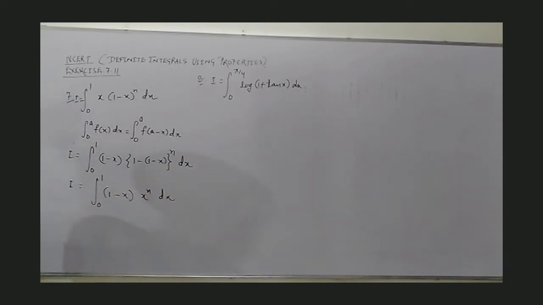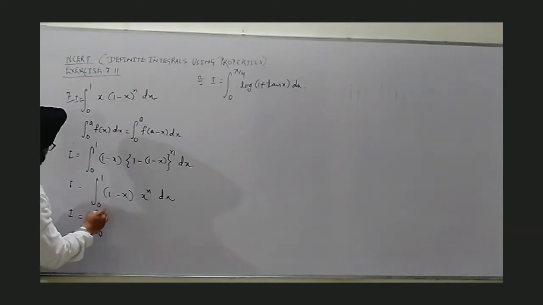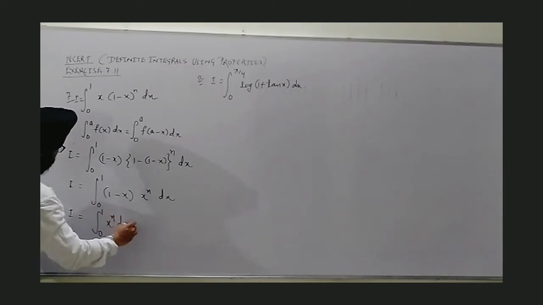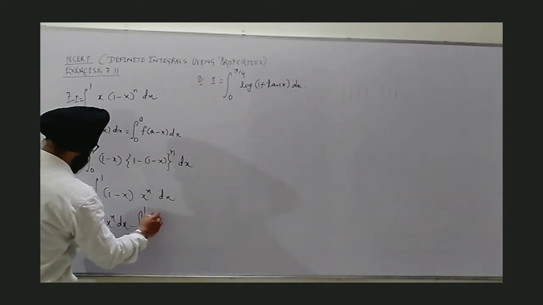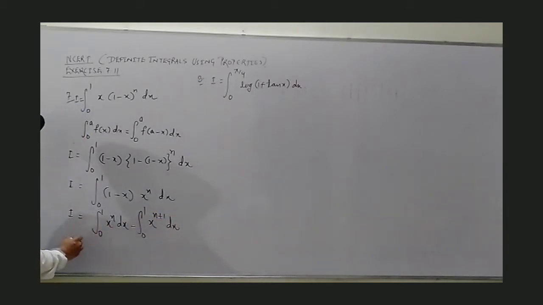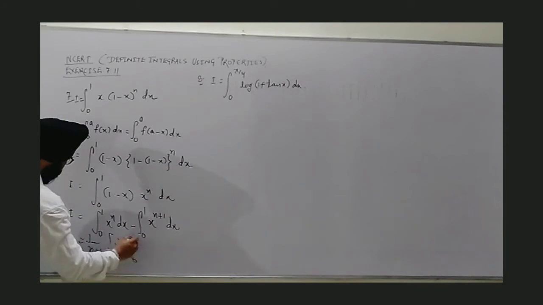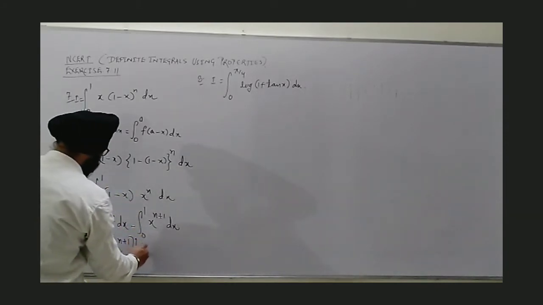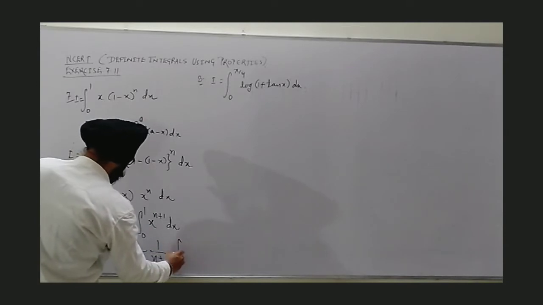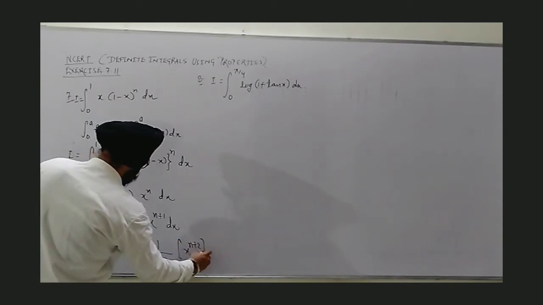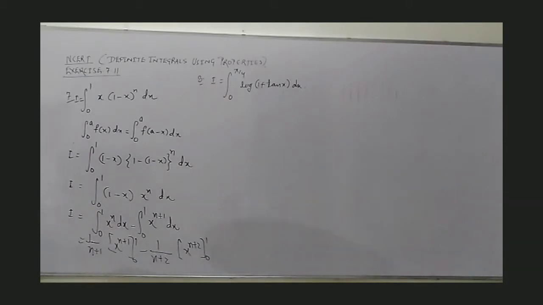Now this makes it more convenient. Why? Because the power n, it was a binomial, and now this is given as a monomial, which can be multiplied in the bracket, and we finally get the integration of 0 to 1 x to the power n dx minus 0 to 1 x to the power n plus 1 dx. And solving, we get 1 upon n plus 1 x to the power n plus 1 from 0 to 1, and rest here minus 1 upon n plus 2 x to the power n plus 2, 0 to 1. Further, we can put the limit.